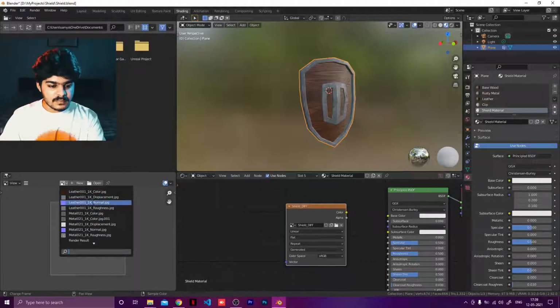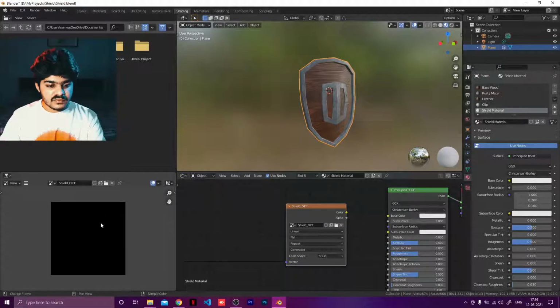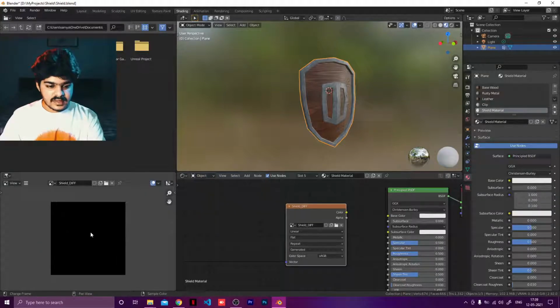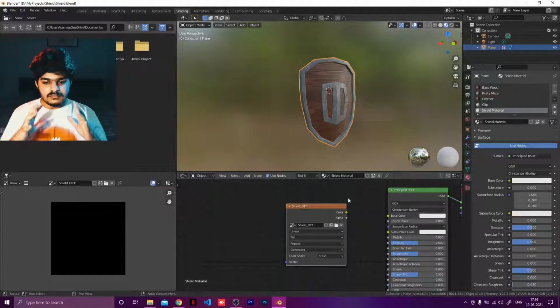This is all the images that we have loaded in and we are using. We just want to make it onto the diffuse panel. I'm just decreasing the size so that I can look at it in its entirety. Now once it is done, how does this work exactly? Okay, this is very simple. The process of baking is very simple.